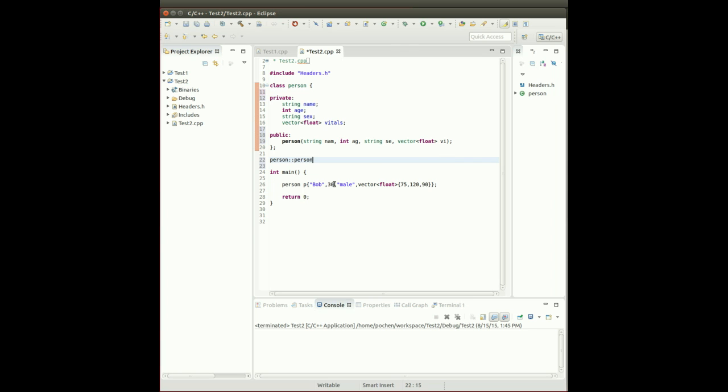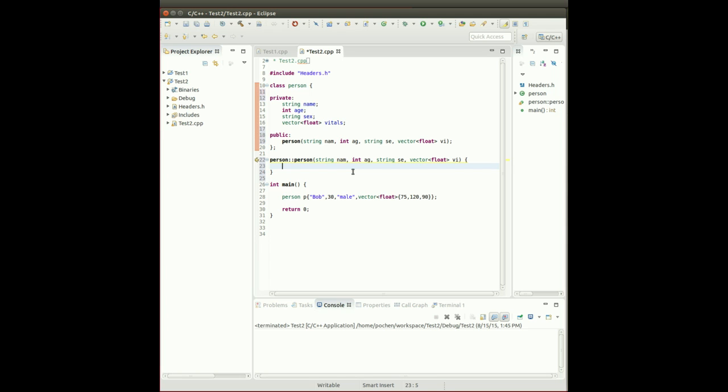So I'm defining the constructor, but this time it's a definition, so I have to give it a body. Here I'm trying to define the body of the constructor function, and